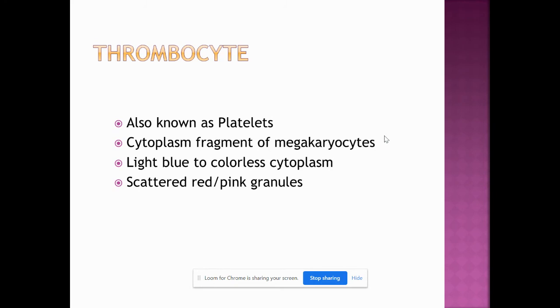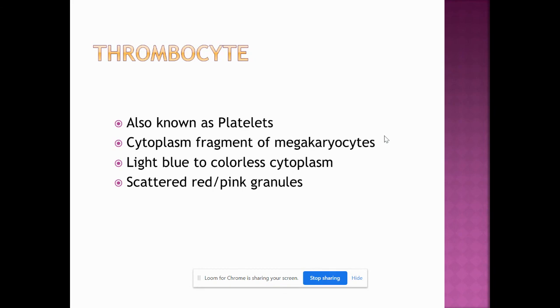Let me give you a quick background. Your thrombocyte is just a fragment of the cytoplasm of the largest blood cell inside the bone marrow. Inside the bone marrow, there is a megakaryocyte, which is the largest cell inside the bone marrow. And of course, the megakaryocyte normally doesn't come out from the bone marrow. Instead, the cytoplasm becomes fragmented, and the fragments of the cytoplasm that come out from the bone marrow are called thrombocytes or platelets. The cytoplasm color of a thrombocyte or platelet is light blue to colorless, and